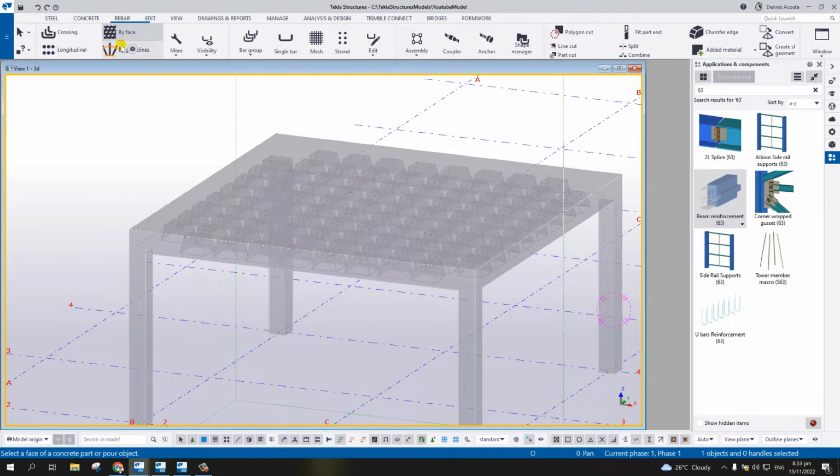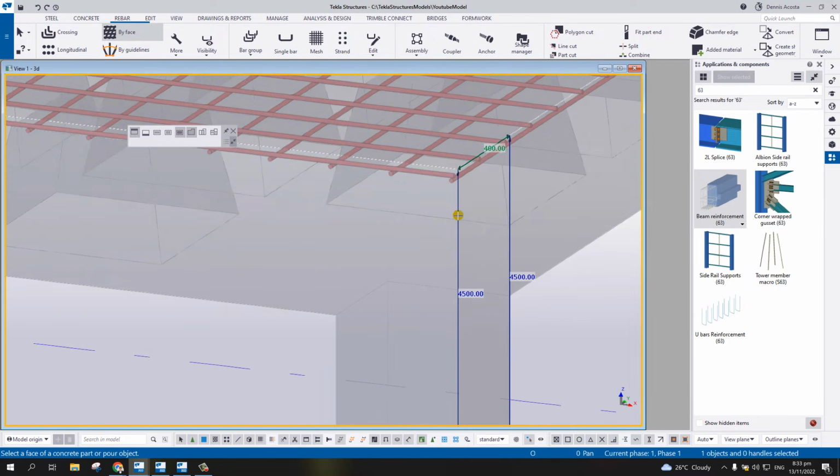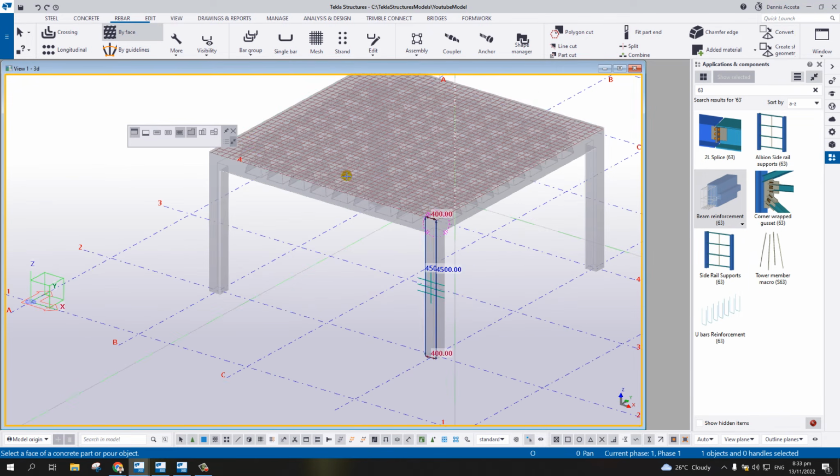Okay, there you go. So here I'm going to click create rebar on both axes. So if I click on this one, then there will be a rebar on both axes. All right, and then